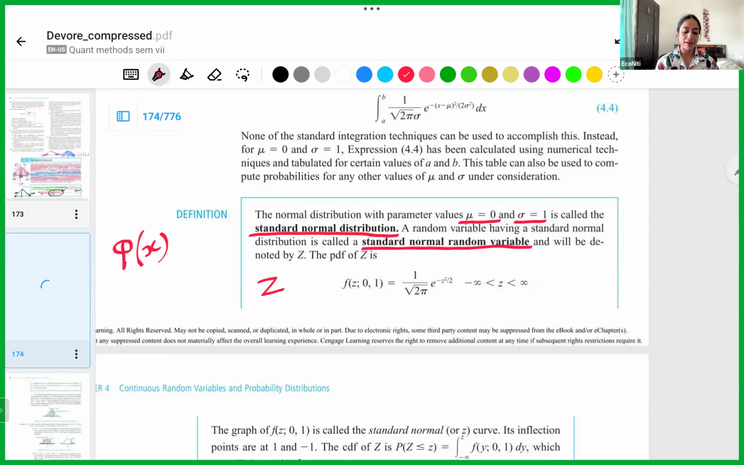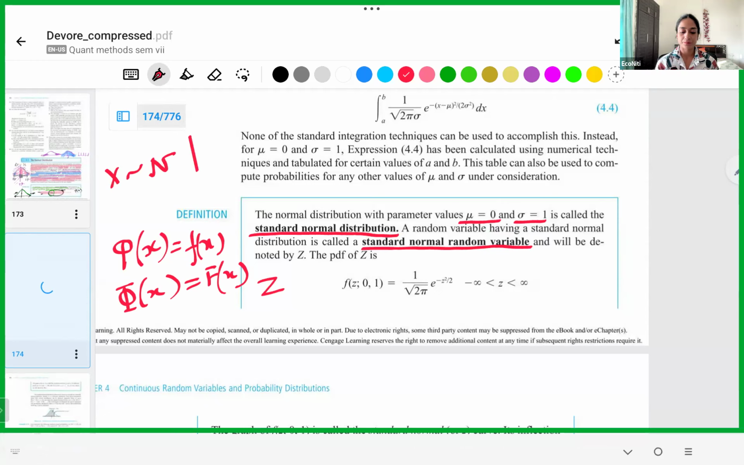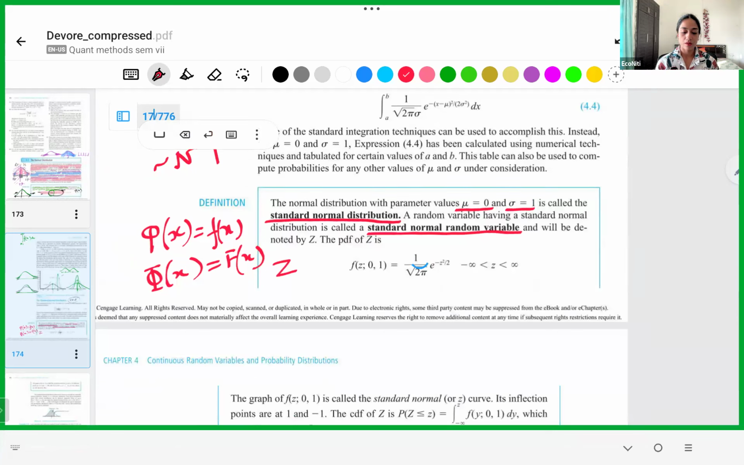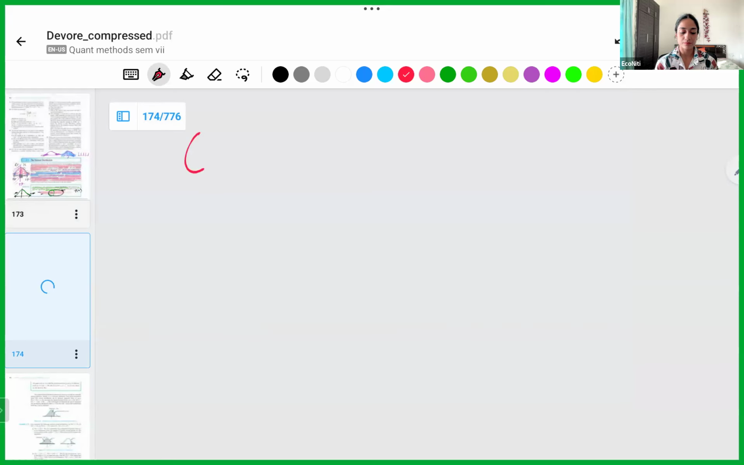but you will see that a lot of times f of x के लिए phi use करते हैं, and for the cumulative one you use the capital letter. This is the symbol that is used for normal distribution PDF and CDF. और जो standard normal है, normal distribution को हम ऐसे भी बोलते हैं that suppose x is distributed normally with